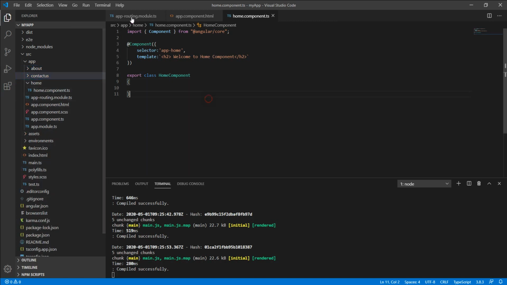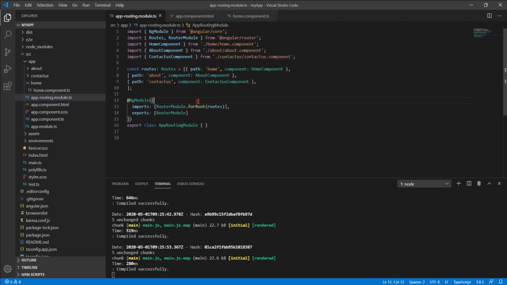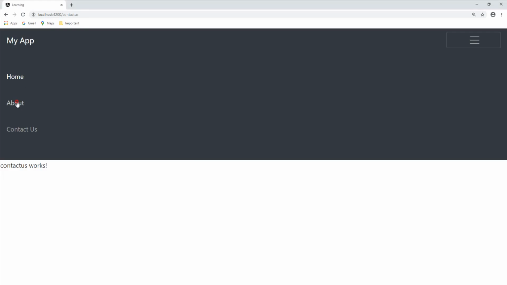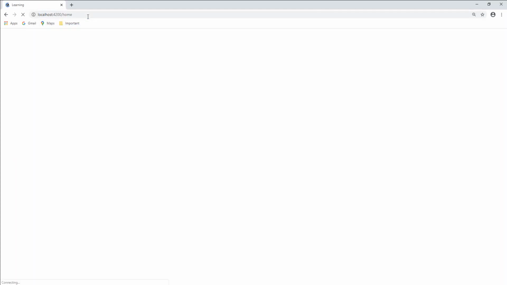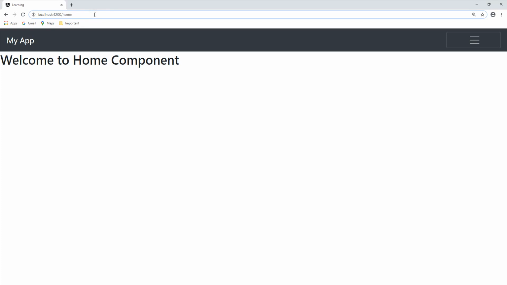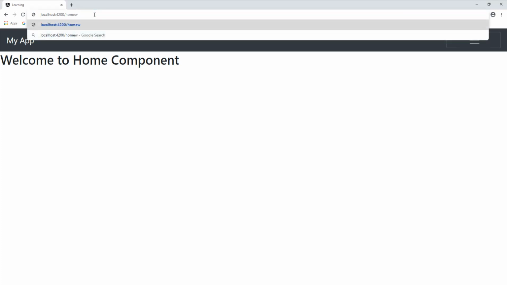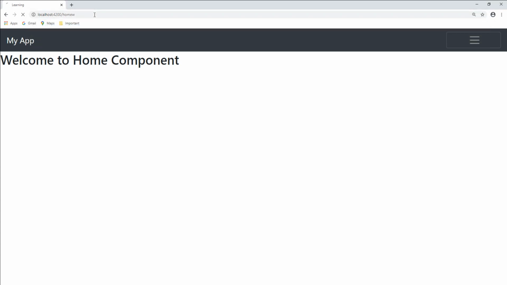Okay, but for this video we'll add one more thing here. If you want any page to be a default, suppose you are clicking on this about section, and you are writing home, and if the user enters something wrong, like makes a spelling mistake on the URL, he will not land on the home component.